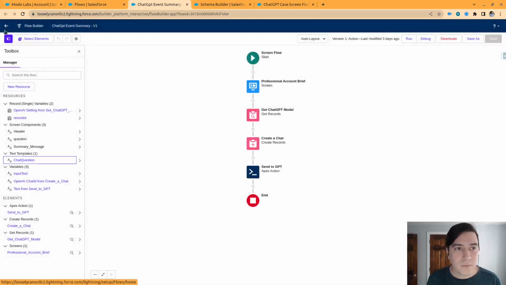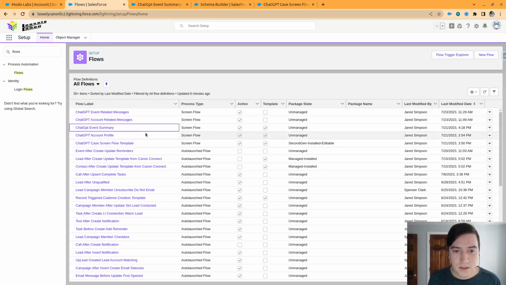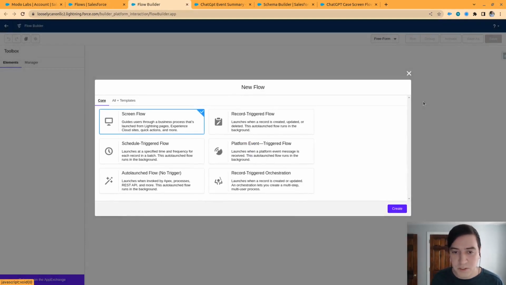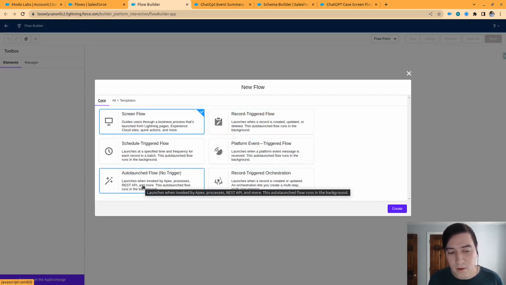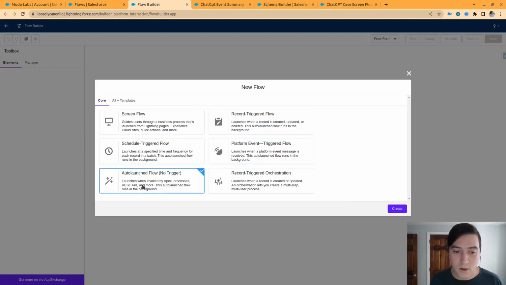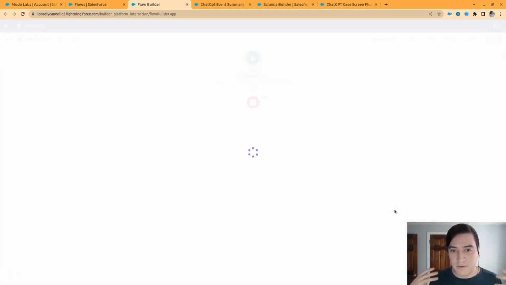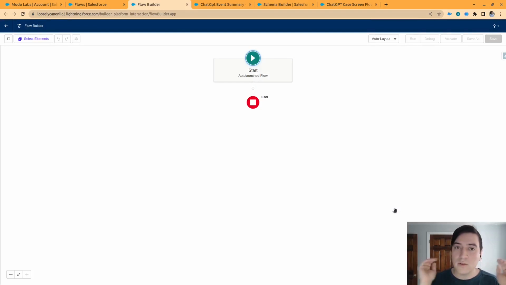And that'll give you something to run with pretty quickly. Now, one thing is, each of these are screen flows. So one recommendation is that if you wanted to make these prompts work nicely with record triggered flows, maybe you come up with a few different prompts, right? And you're consistently using those. Then my recommendation is to add an auto launch flow that could be far more dynamic, so that you could input whatever you need and then reuse it in a screen flow,